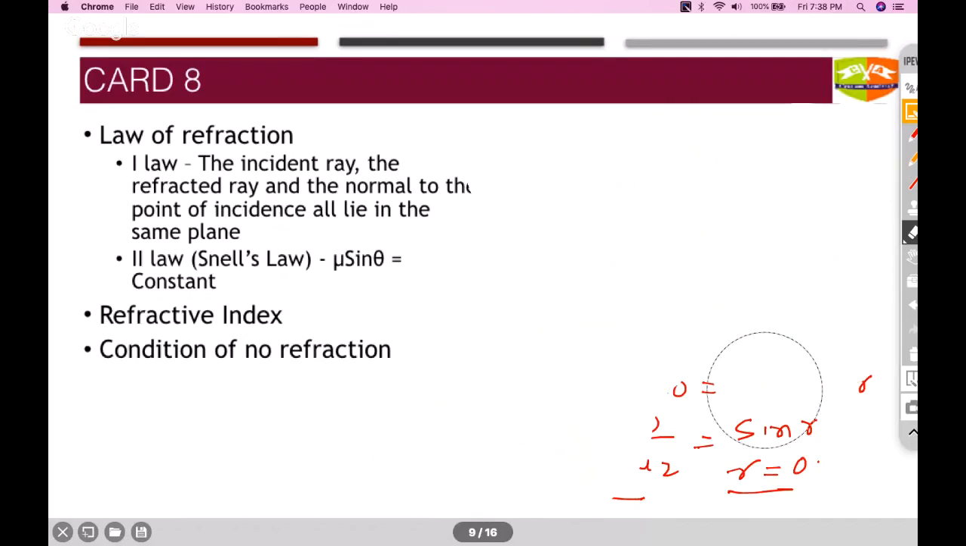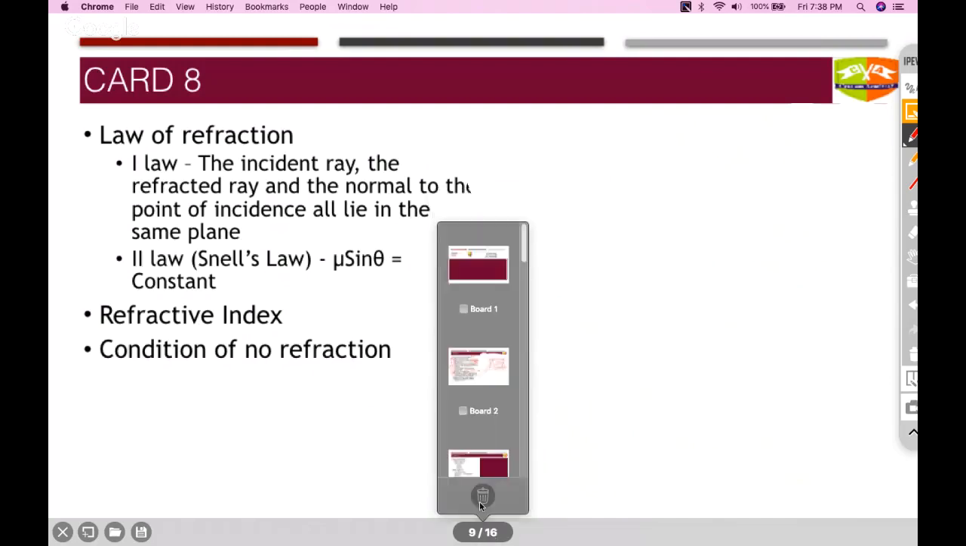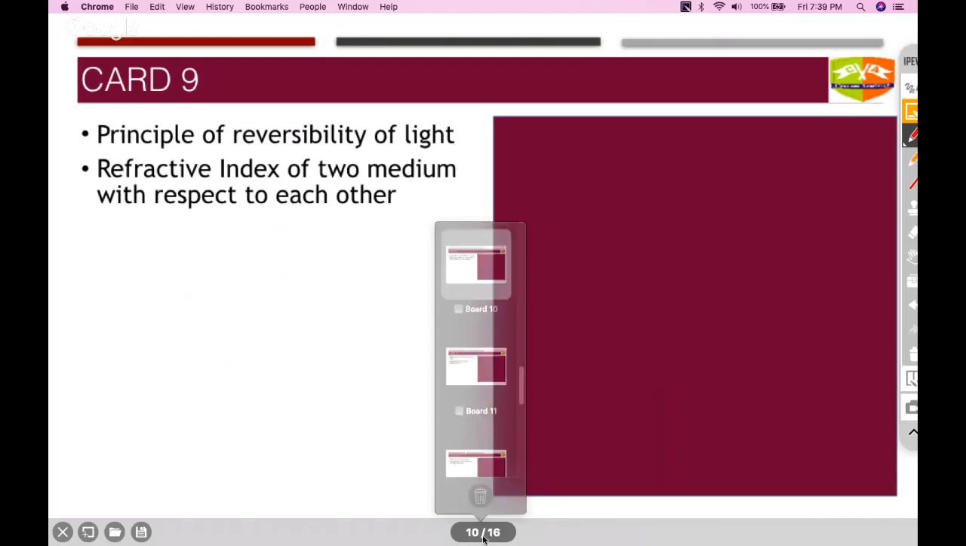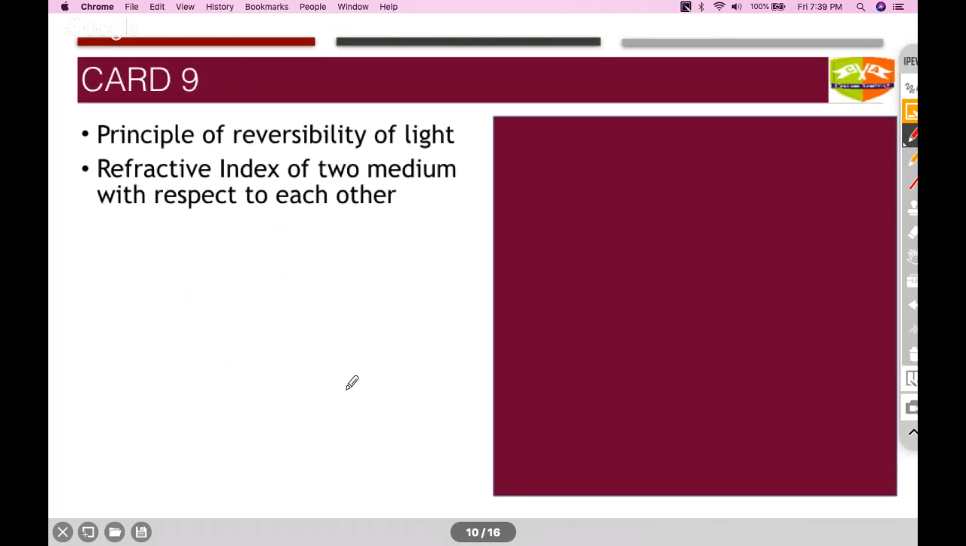Now let me move to the principle of reversibility. So let me move to another slide. So what is the principle of reversibility? The principle of reversibility is like this. So suppose